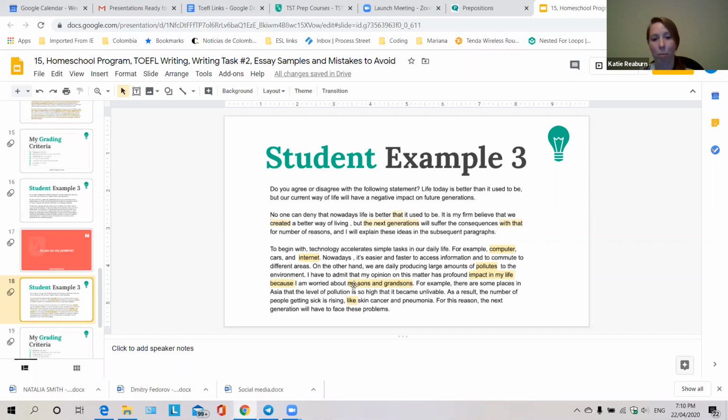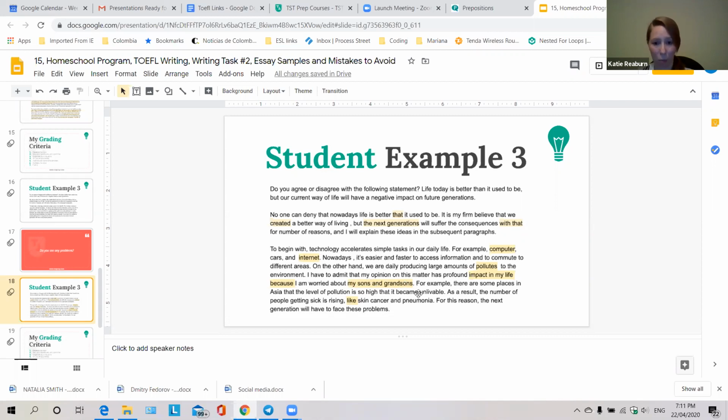In English, you would need to say my children and grandchildren. I have had so many times when I have asked my students, here I live in Colombia where people speak Spanish, and this is the case. I ask them about their family. I say, oh, do you have children? And they say, yes, I have 2 sons. One of them is Maria. And I think that's an interesting name for a woman, for a daughter. And then I realize, oh, wait, they mean they have 2 children, not 2 sons. So it's a difference there.